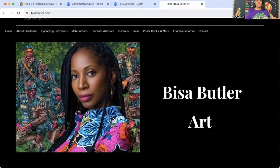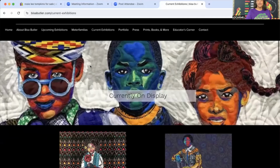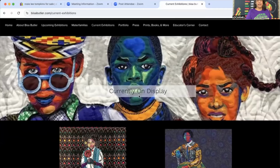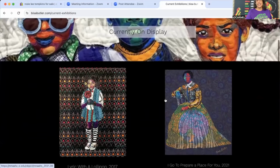She used a picture as her starting point and created this masterpiece, I'm gonna call it. So let's look at where some of her current exhibits are. I don't know where this is currently on display, but that'll be my homework. But I also got to see